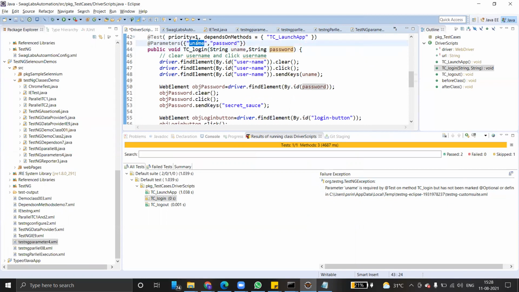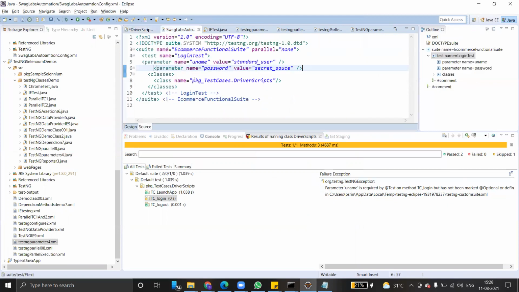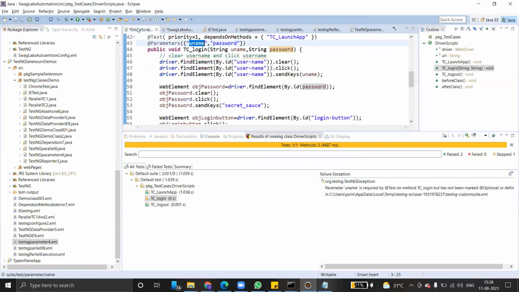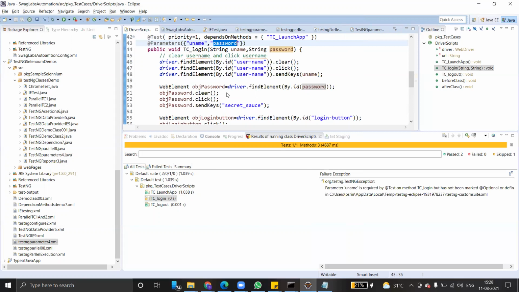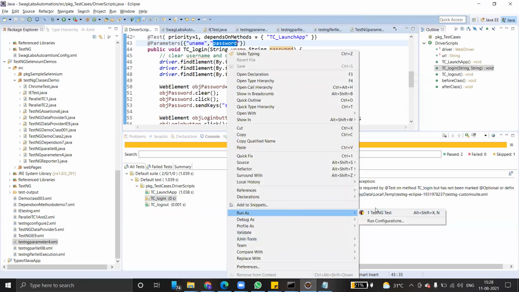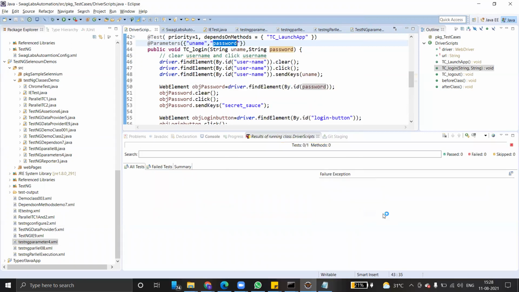Now coming to uname, let's go to Swag Labs. This is uname, Control V. Coming to password, take these values, Control C. Just maintain the same text, that is always better. Control S. Just right click, run as TestNG test.